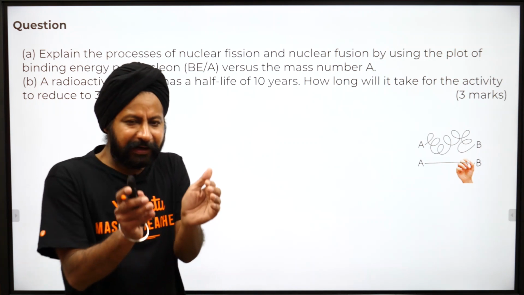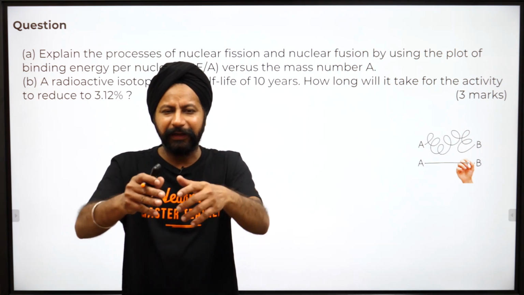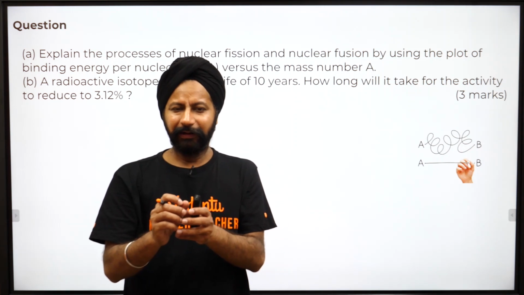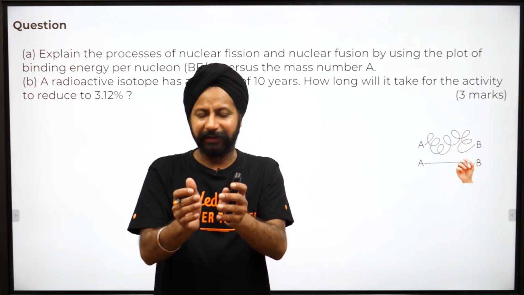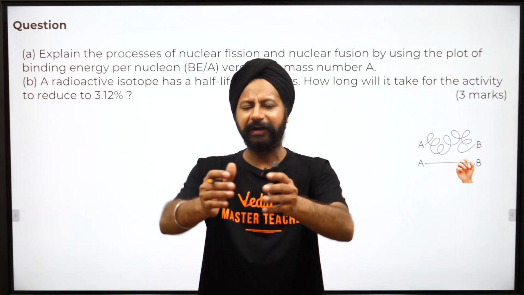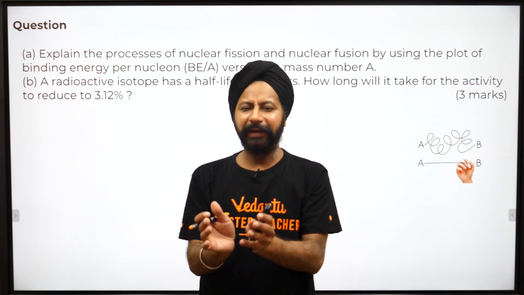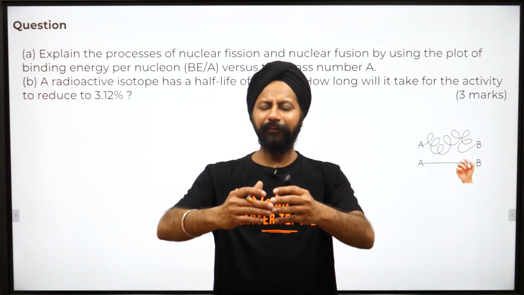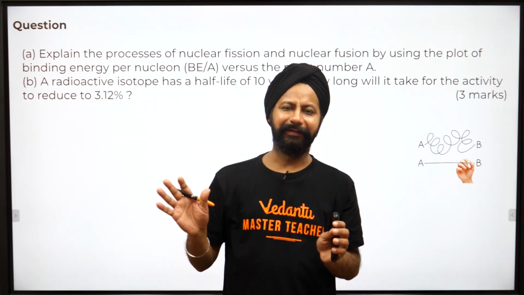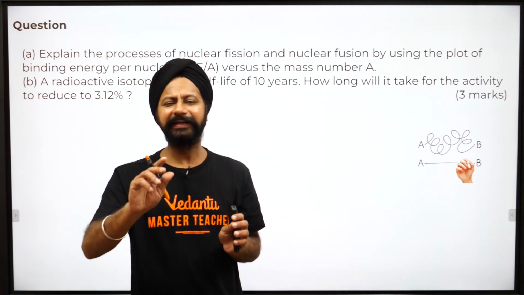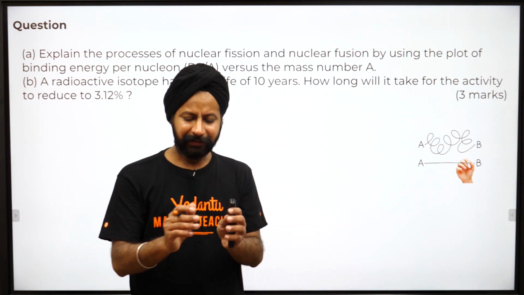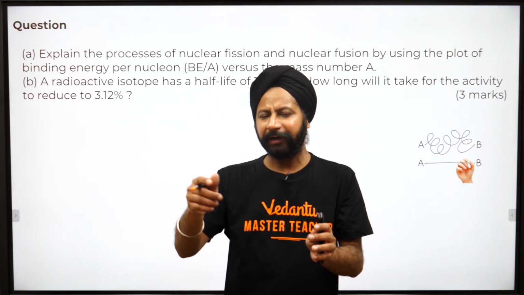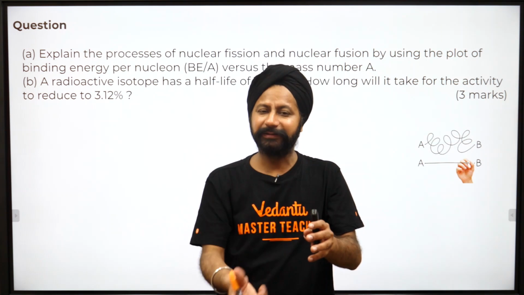What is half-life? Let's say I have a container of nuclei, 1 million nuclei, and they are disintegrating because of radioactivity. After how long will that 1 million be half a million? That is called the half-life period. So let's say the half-life is 1 day. Tomorrow I come back at the same time, I will see half a million. Day after tomorrow I come back, it will be half of what was remaining. So that will be 1/4.